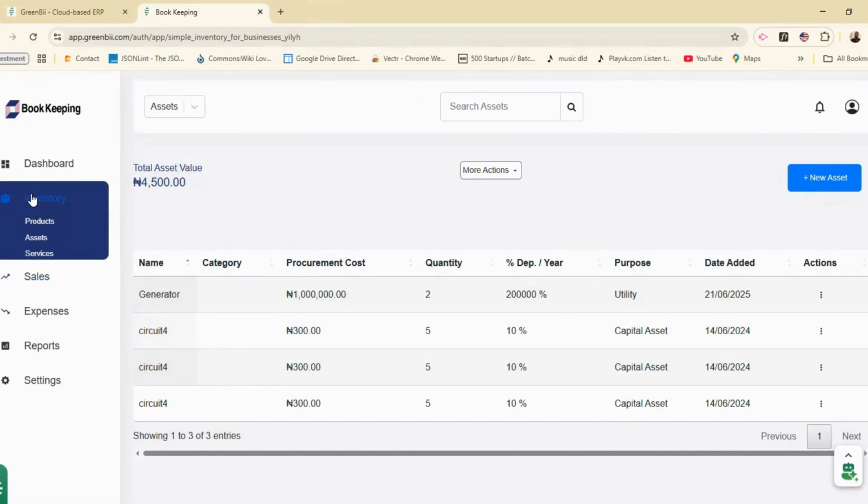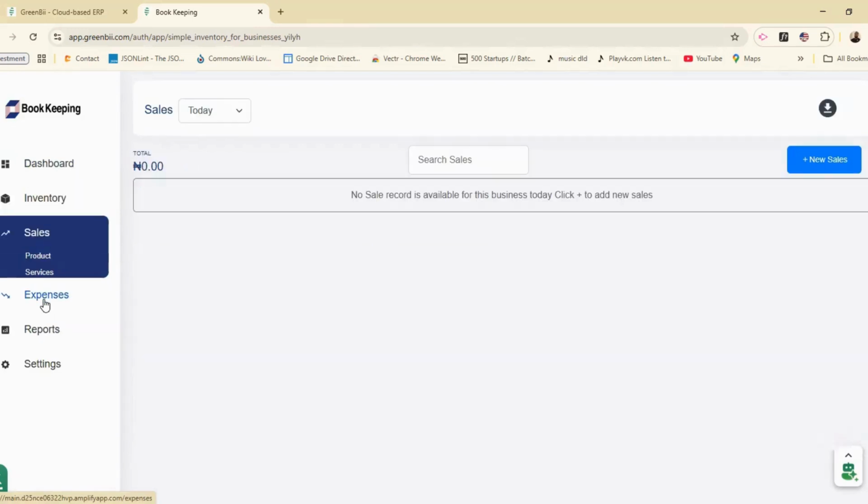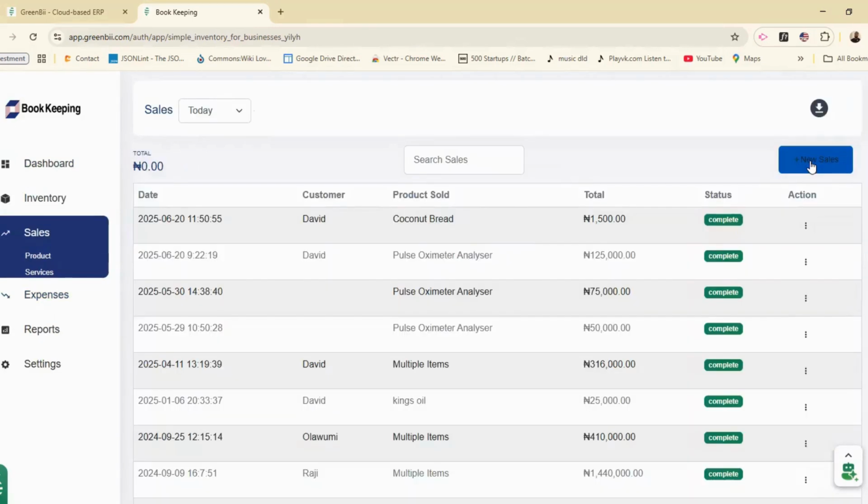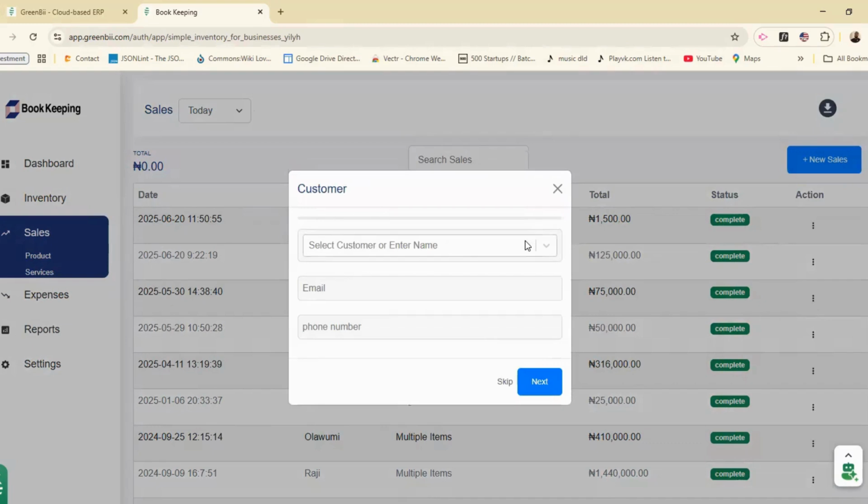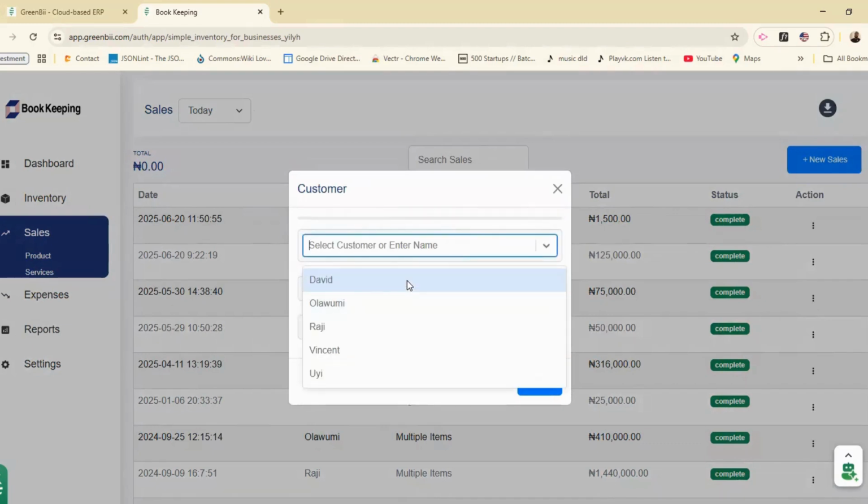Now, after taking inventory of all your stuff, you want to make sales. So your salesperson sees only the sales part. You as the admin, you see everything, but your salesperson sees only the sales part. So let's assume you want to make sales and you're selling the product. So you want to make a sale today and the customer is a returning customer, you know the person, if not,